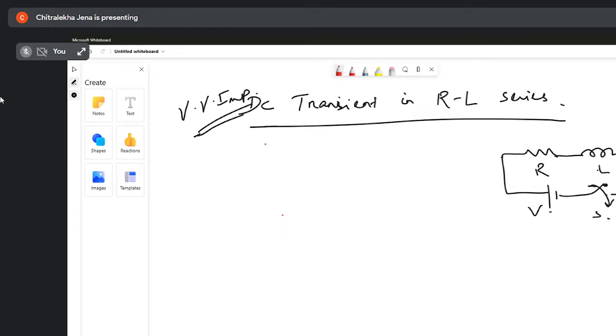Current will not flow. Why will current not flow? I have closed the switch. Why will the current not flow? Because of the inductor. Problem with inductor. Why? Inductor does what? Inductor does what? Inductor always